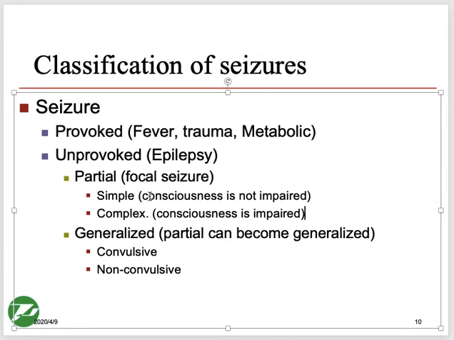And convulsive and non-convulsive, guys: what you see in the movies when someone has epilepsy, they fall down on the floor and start jerking their body. That is convulsions, so that is the convulsive type. And non-convulsive is when someone doesn't have that, what we call in simple language fits. When someone doesn't have those fits, we simply call it that.